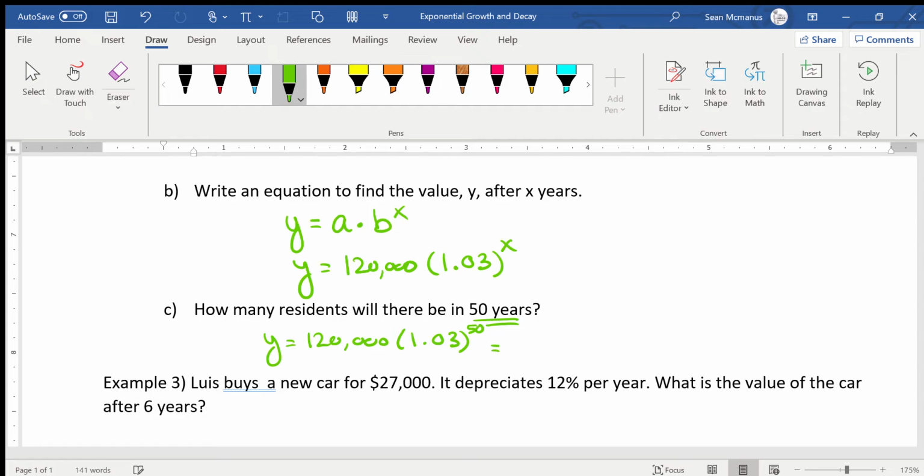And again, depending on which calculator you're using, you really need to use a calculator to solve these unless you want to sit there all day doing multiplication. So get a good handle on how to plug these into your calculator. But again, I worked this out ahead of time, plugged it all in, and it should come out to